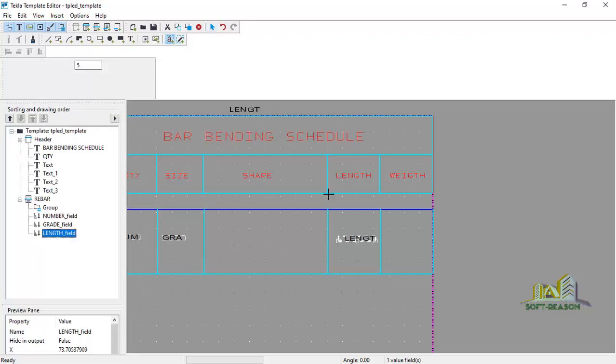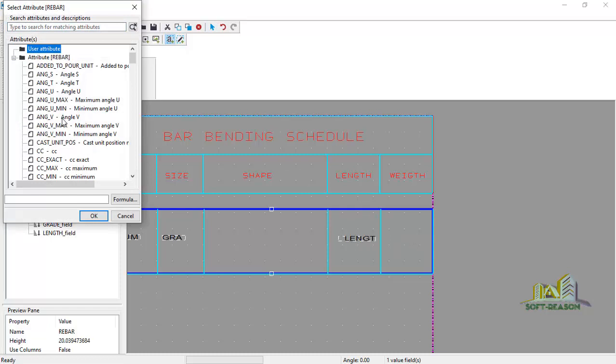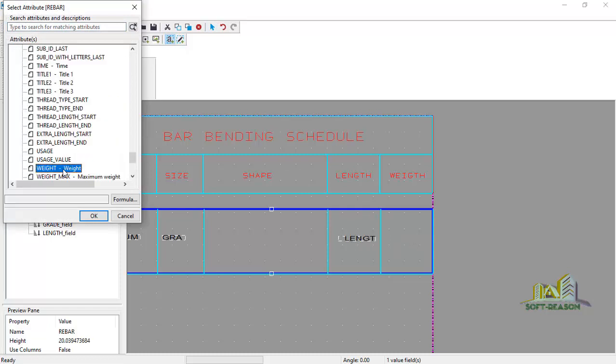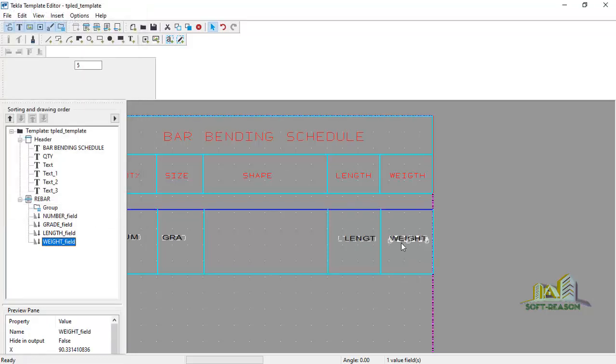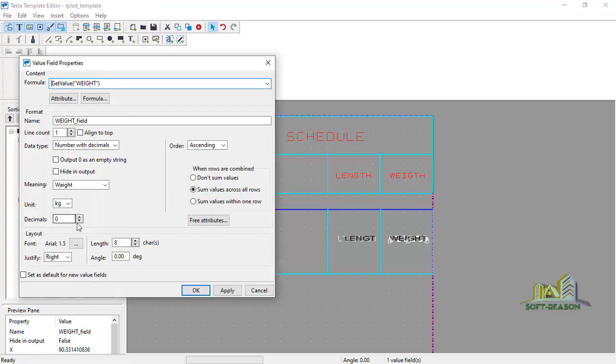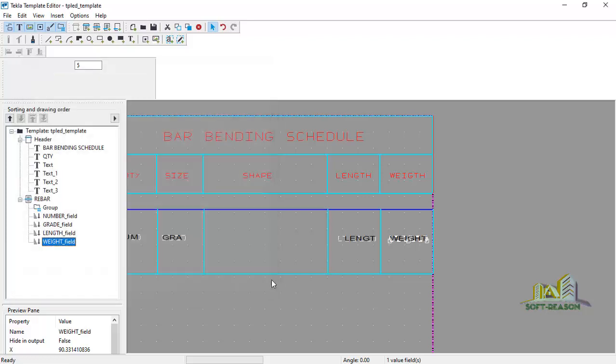Then you do the same thing here for the weight. Type W to get to the weight and then click on OK. If you double click it, check the decimal is 0. The weight, the unit is in kg, okay, which is the weight of the bar. Alright, so you just have to increase the decimal places to be 2, just like this. Okay, after which you just have to click on apply. Okay, so for this shape,